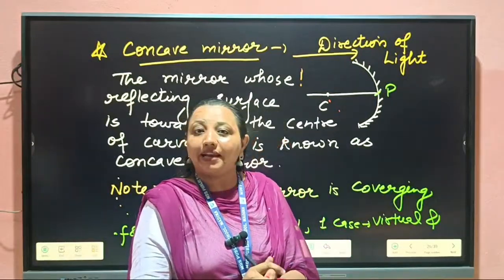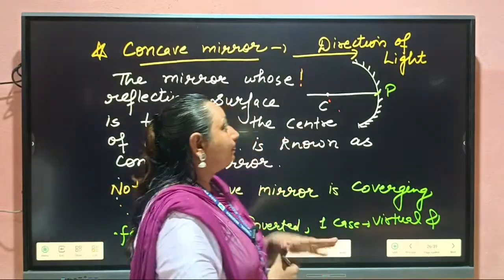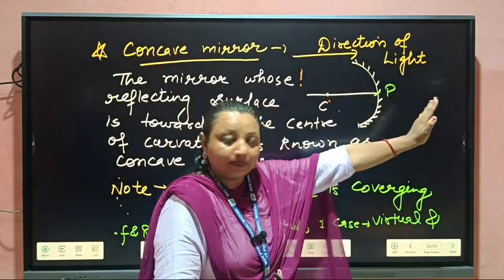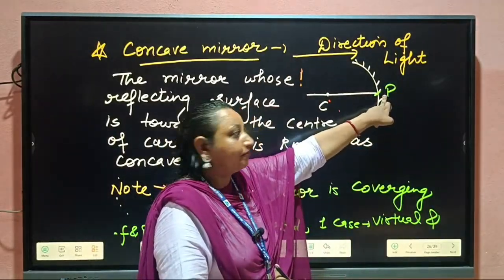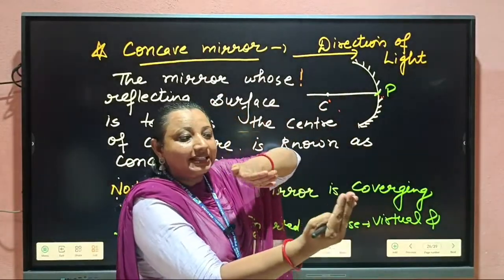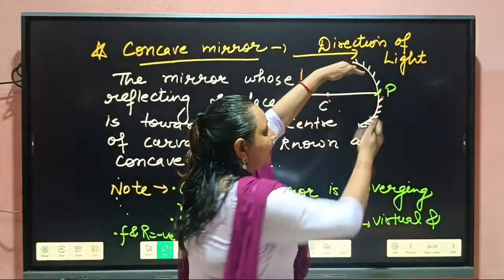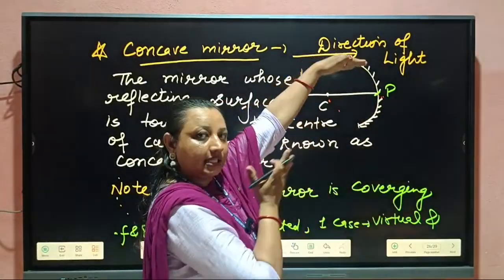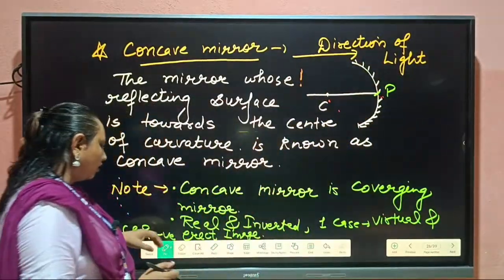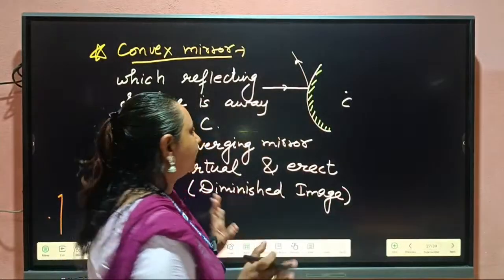Also, in case of concave lens और mirror दोनों में ही almost चीजें negative हैं, because according to the sign convention, if the light goes from left to right, all the distances are measured from the pole. So pole से PC opposite direction हो गई. तो अगर distances are in opposite direction, then they are considered as negative. Light उधर जा रही है, distance we measured from PC opposite direction. So what is PC? It is radius of curvature. It is negative. Also focal length is also negative. So these are the points we already discussed yesterday.